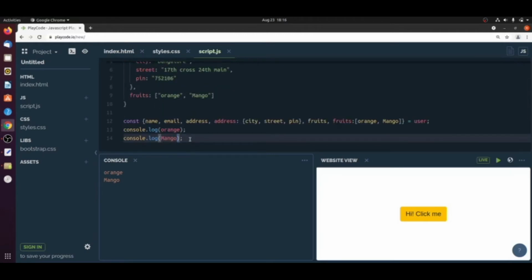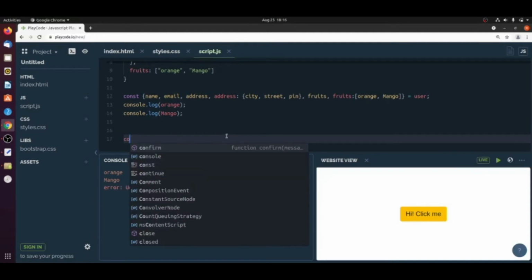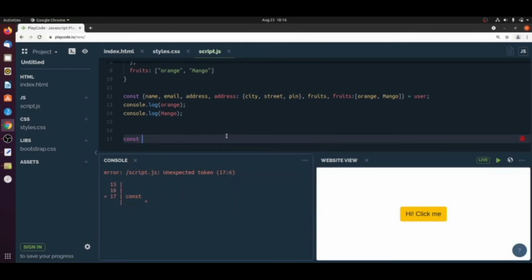Okay, now let's move to array destructuring. In the same way, let's say I have one array, new array, 1 2 3 4, comma, let's say nested array 1 6 7.